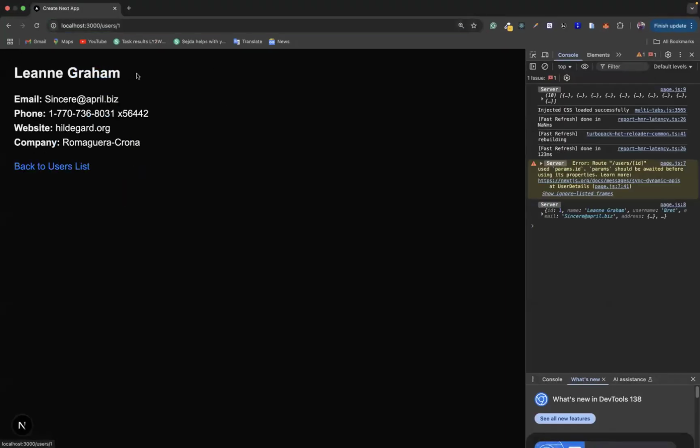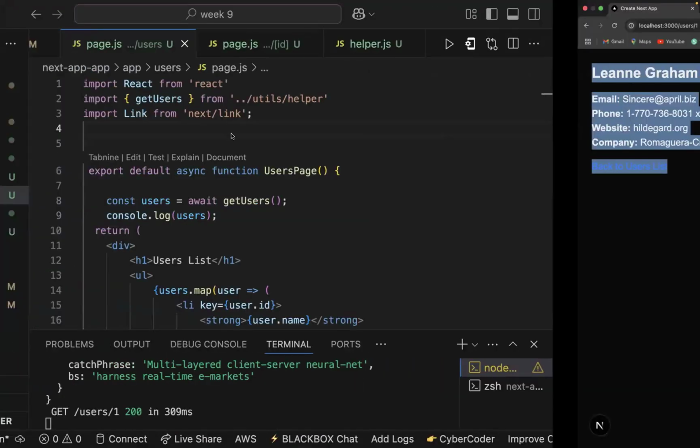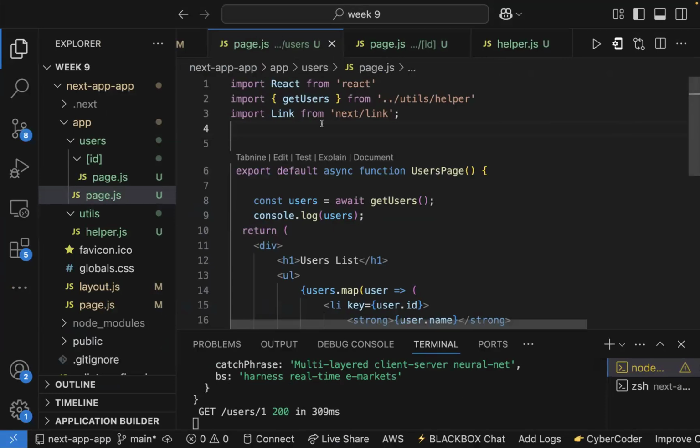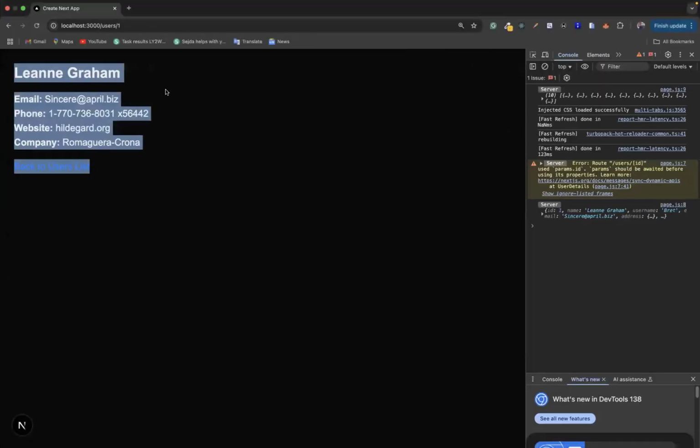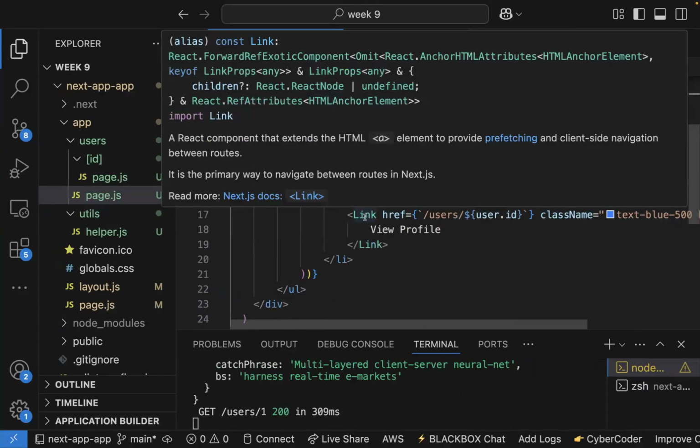So when we come to this dynamic route, we are getting this particular ID. This person's ID is one. So we are checking the params for this route. Now remember that we are using Link. This Link is provided by